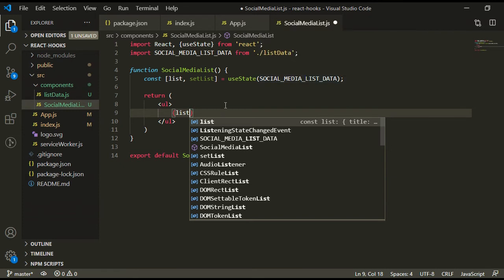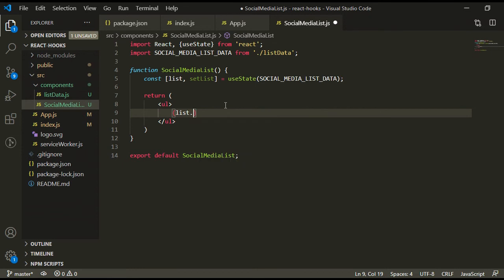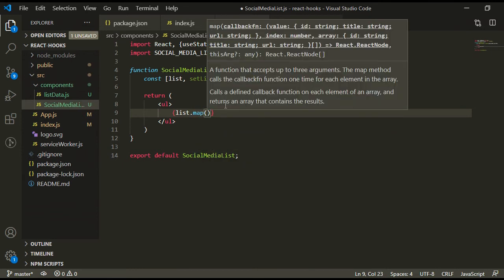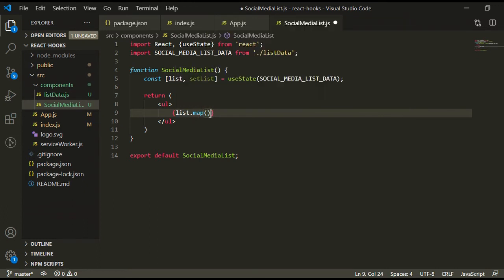So here we will use the map function. This function iterates over all the items one by one and returns them here. So let's use all the items one by one.